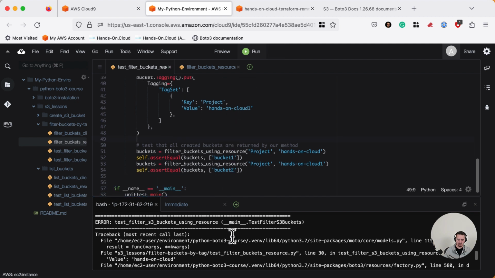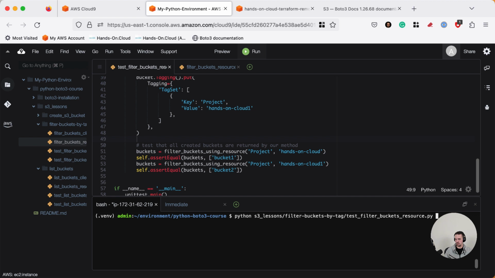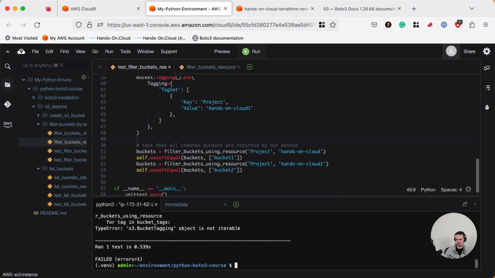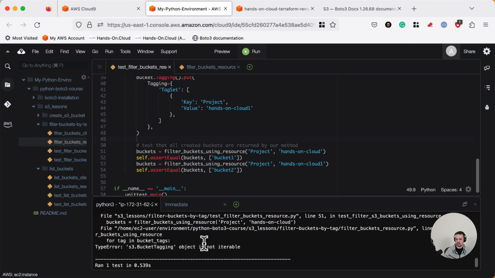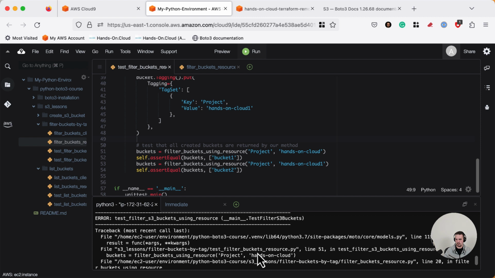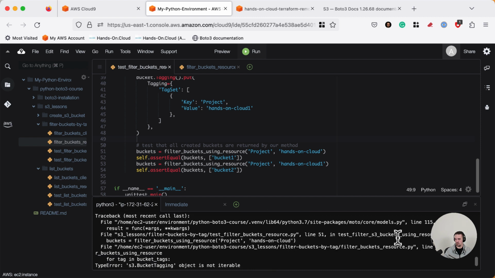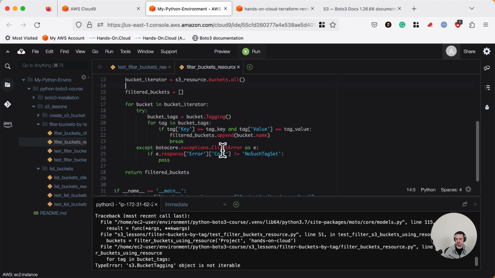Let's go ahead and execute our test once more. And now we have another error: S3 bucket object bucket tagging is not iterable. Okay, that's easier. So it looks like we did something wrong in our filter bucket resource py line 20. Let's go back to the code base, scroll down to line 20, and